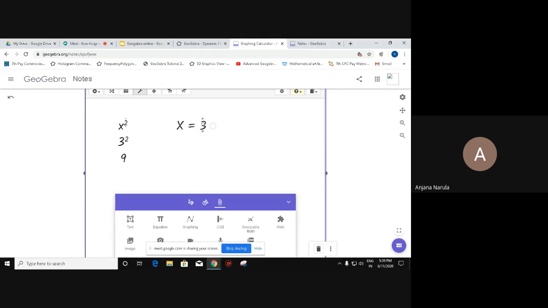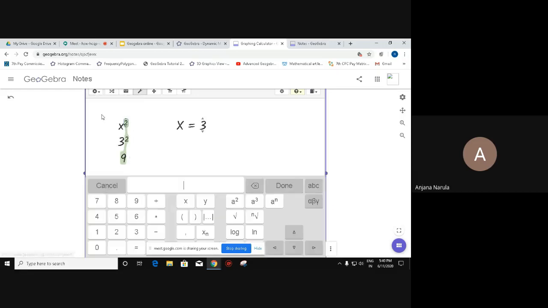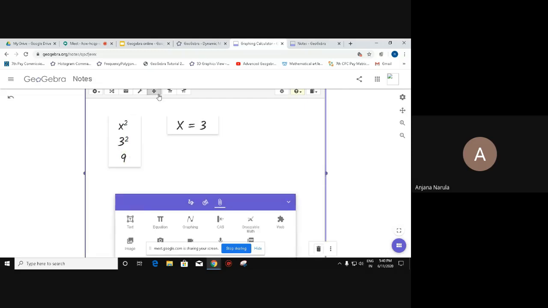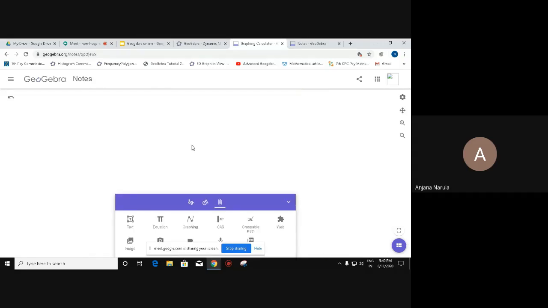Even we can solve a linear equation with the help of this. I'm just showing you a demonstration. Before that I just want to delete all these. So I'm selecting this one, I'm selecting this one and deleting it. Okay, so I'm again coming to this Graspable Maths. I'm just writing an equation.